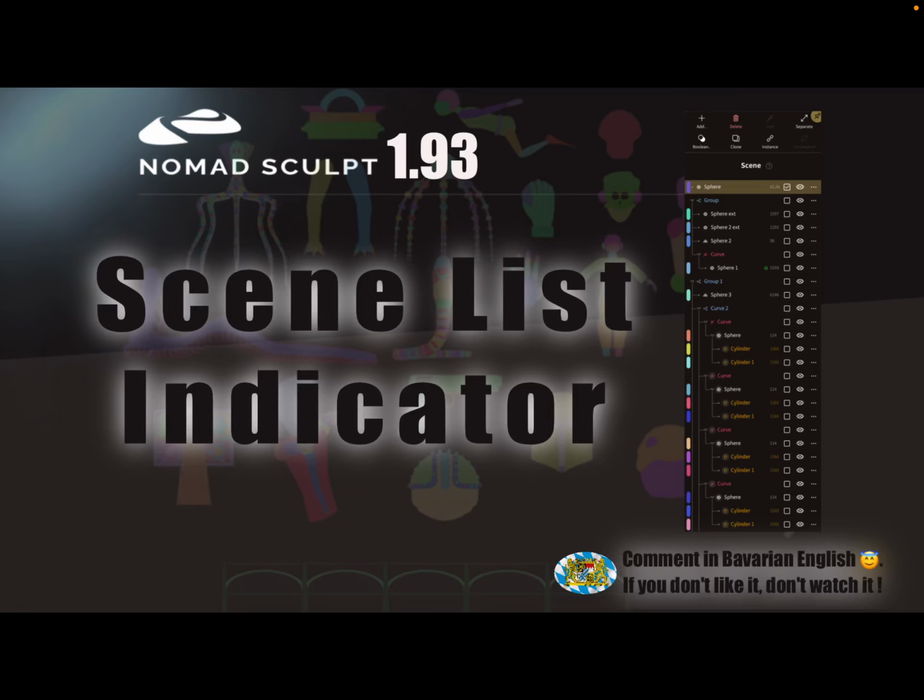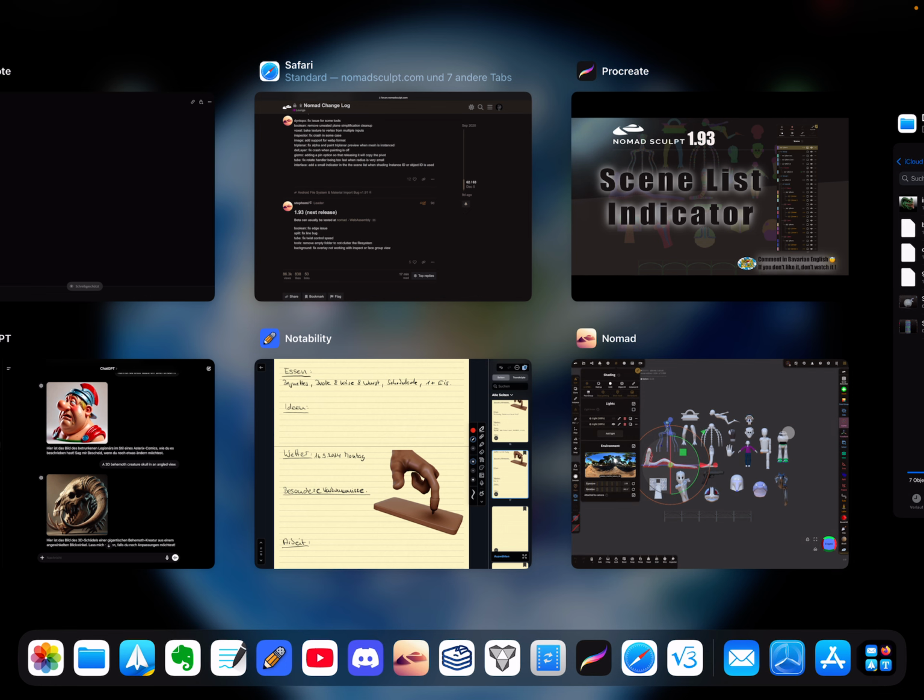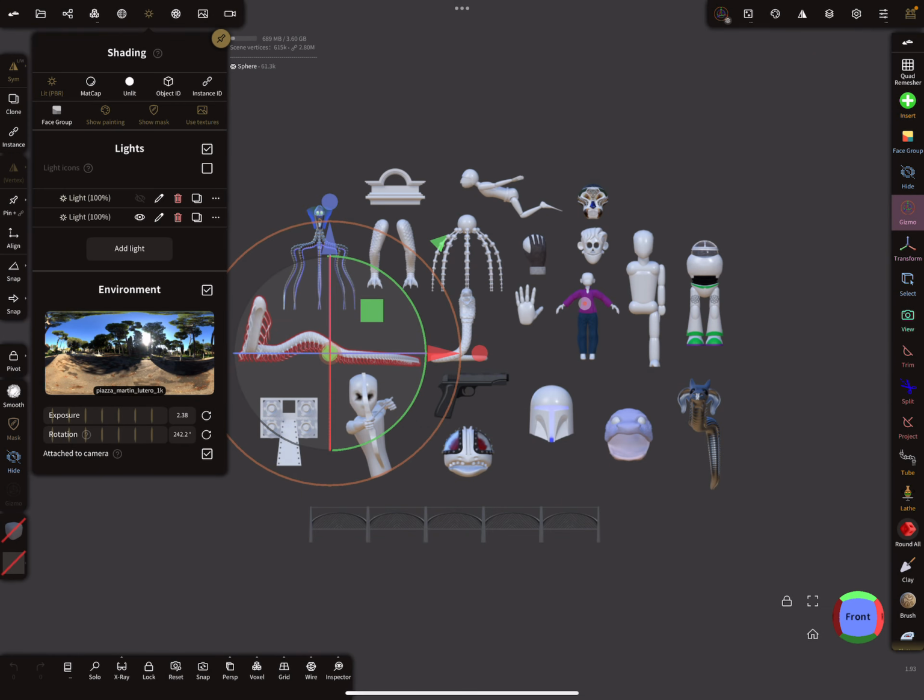Hello, Nomad Sculpt, and this is also a version 193 feature. So there's such an indicator for the scene list. Okay, here are a lot of objects, and you can use here in the shading menu different shading types here, and